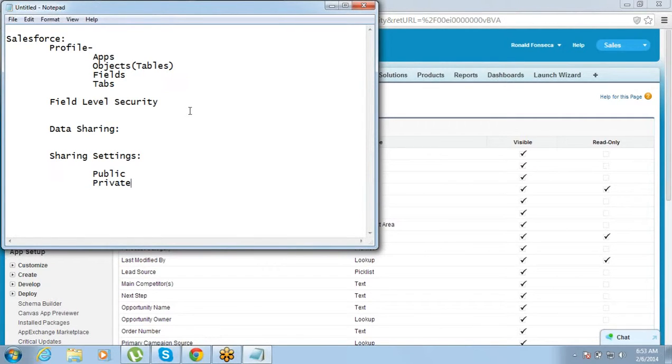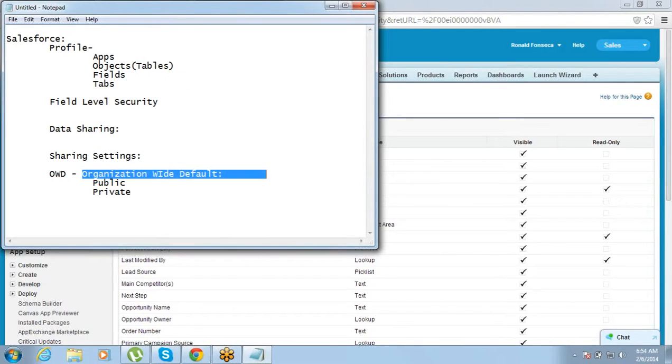So in sharing setting, first thing that we need to do is define OWD, or organization wide default. What is this organization wide default? It's the default setting that you do for the entire organization. That is what it says, organization wide default setting.